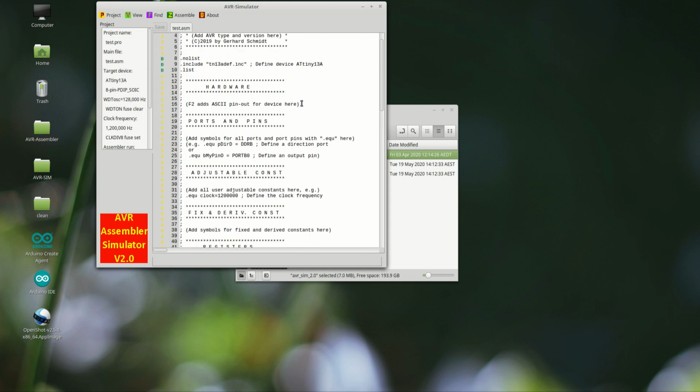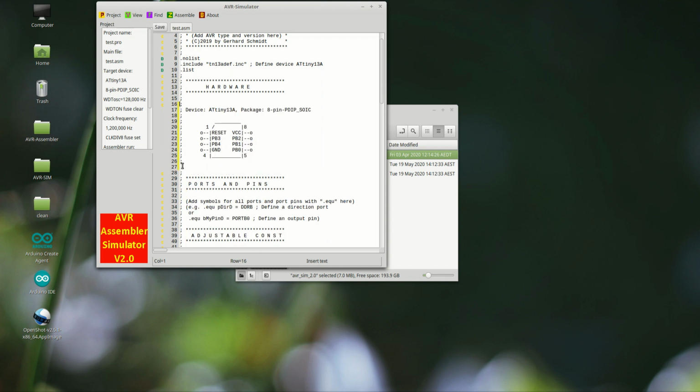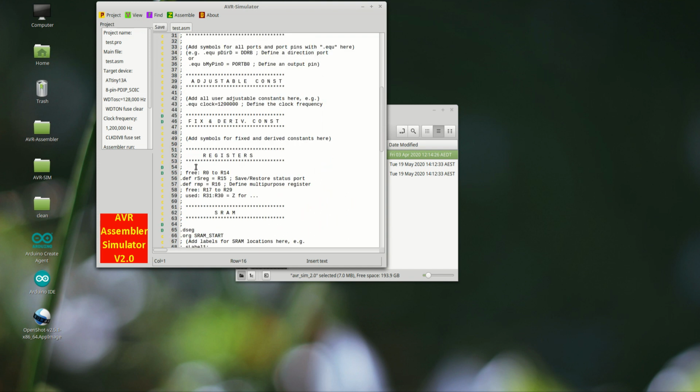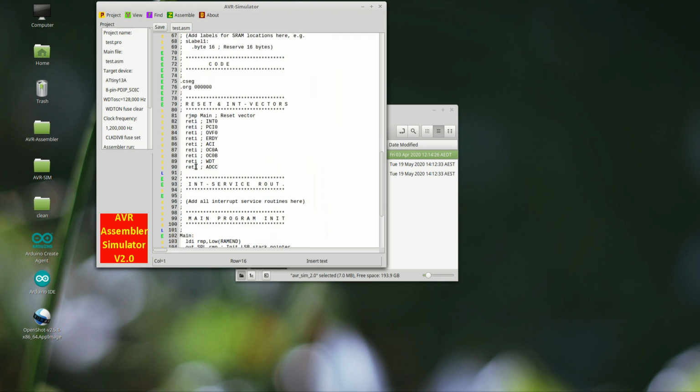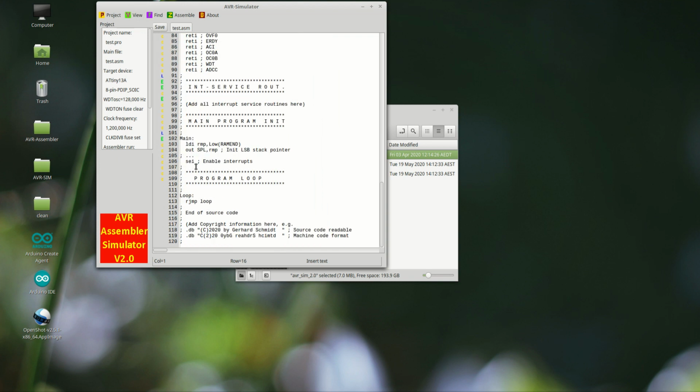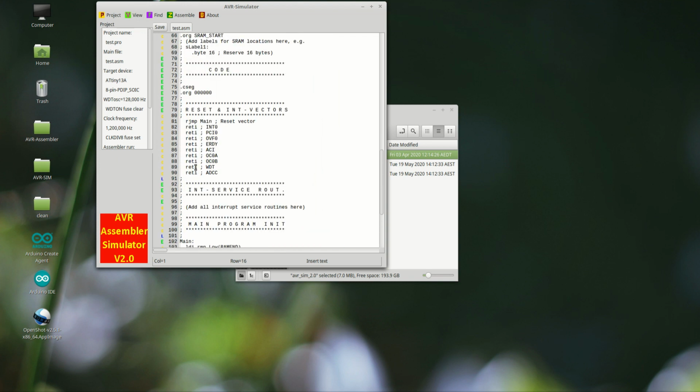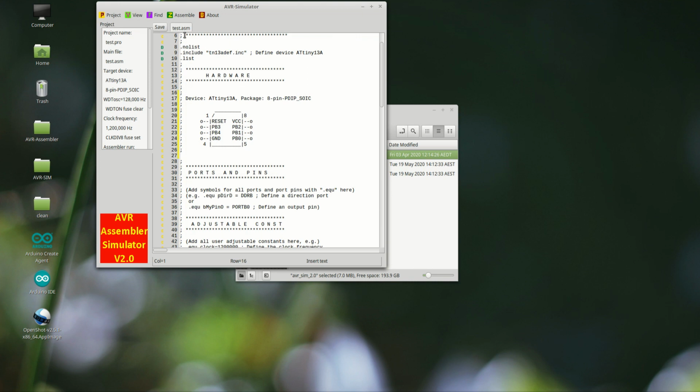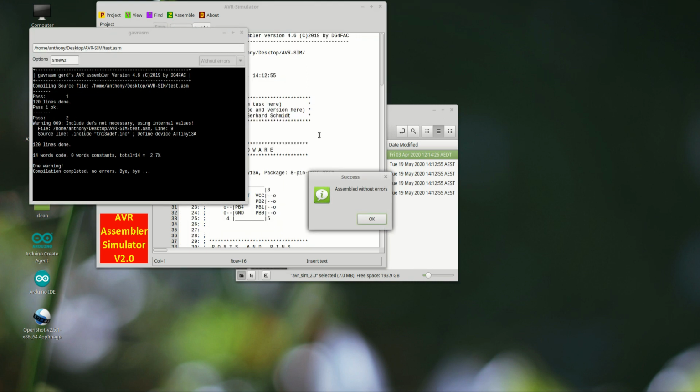Very useful actually, including things like this is a nice touch. Press F2 and you get the pin out. But also, all the interrupts and everything like that, all the vectors, all very straightforward. So that's lovely. I'm just going to assemble this, not that there's really anything in it, just to show you